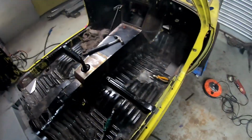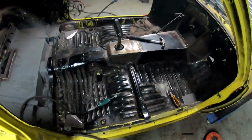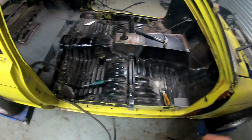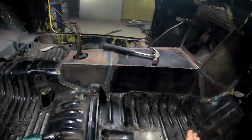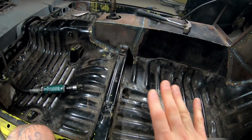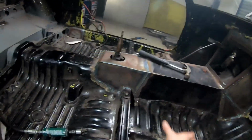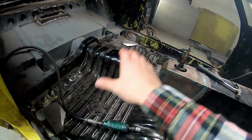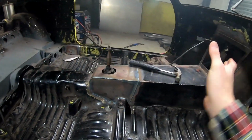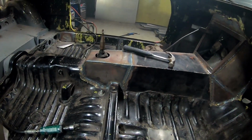Well, my plan for the interior is I want to carpet the front half as well, because I'm getting old and I want some comfort. So I'm going to carpet over the tunnel. I think it was the Bad Obsession Motorsport guys, they found this carpet that you could mould, like you heat up and you mould. So I want black moulded carpet, one big tunnel piece moulded, and then two footwell pieces that overlap each other, and I'll edge them somehow,